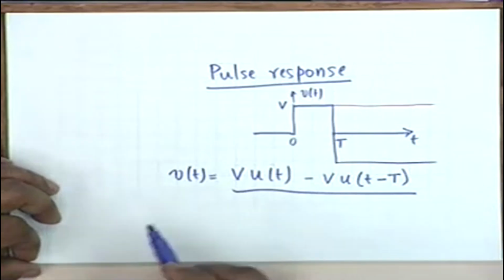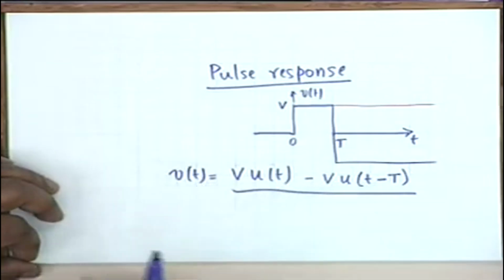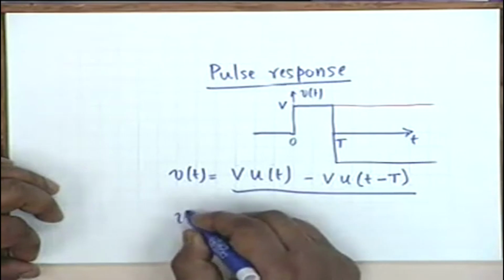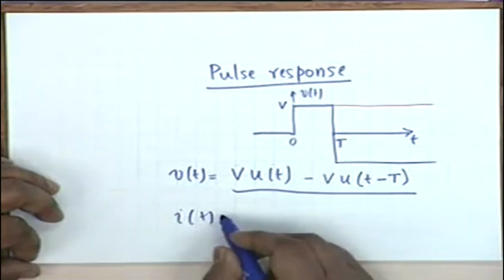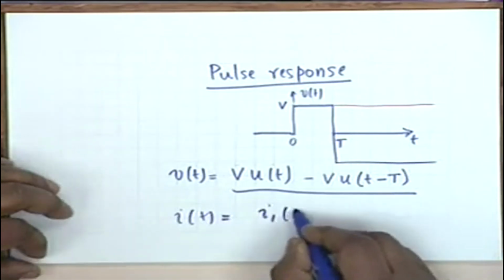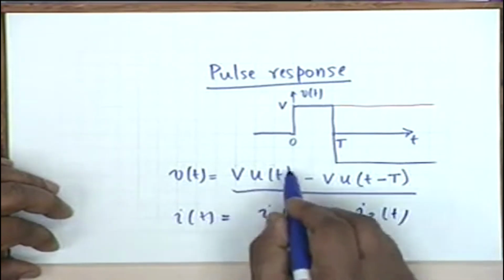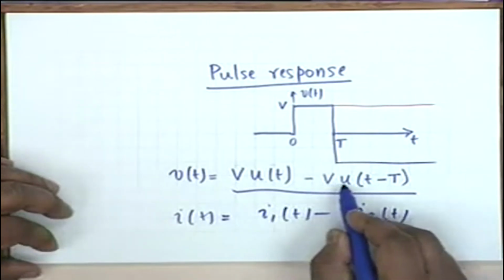Alright. Now you also know superposition, and therefore if a voltage can be broken up into two voltages, obviously the response, suppose you apply this to an electrical circuit and you want to find the current i(t), then the response would be i1(t) minus i2(t), where i1(t) is the response to V u(t) and i2(t) is the response to V u(t) minus